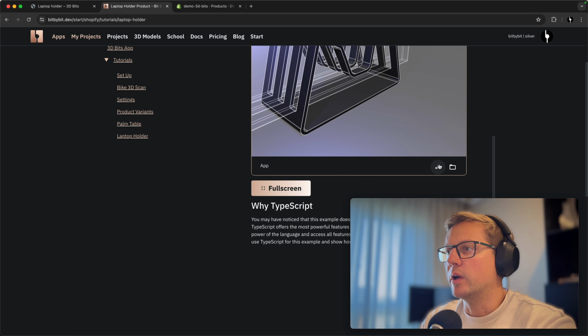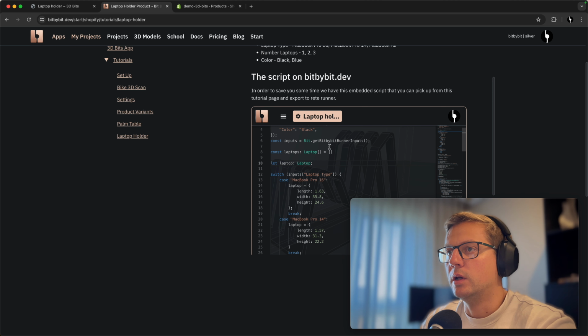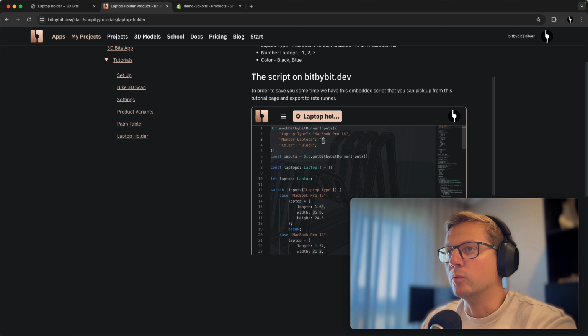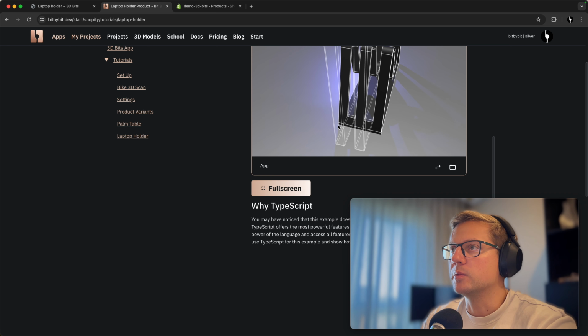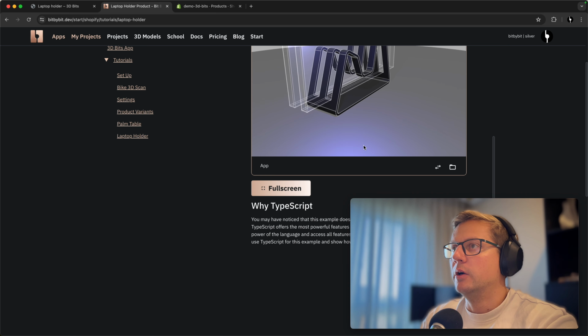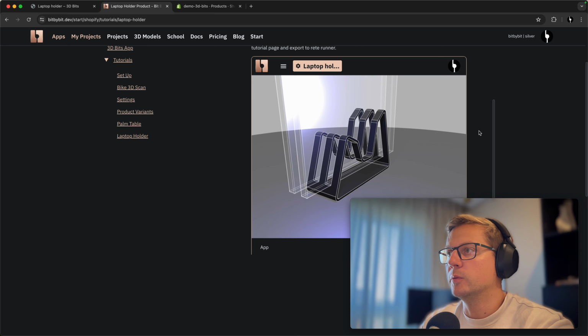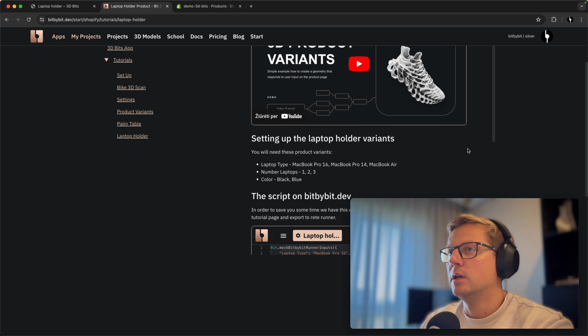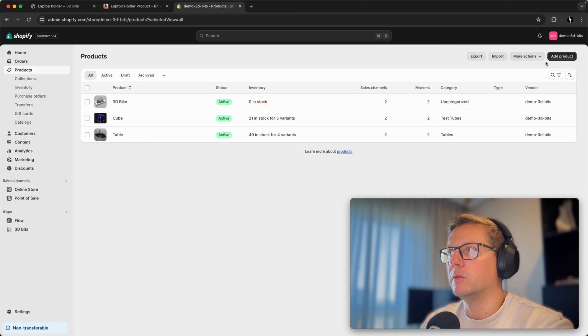And you can also interact with the code here by going here and saying what kind of default configuration you want. And this is also the configuration that you will be passing from the app. So now we should see 2 laptops, right? Okay, so this is fine, but what we want to do is just go into the products page on our store,